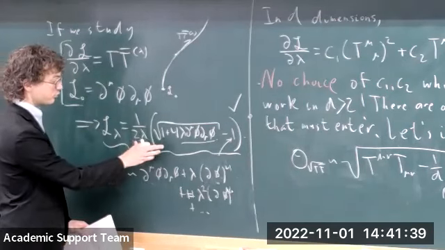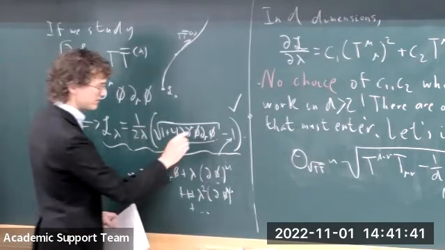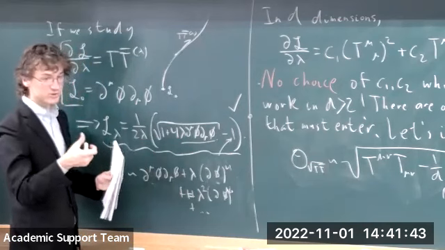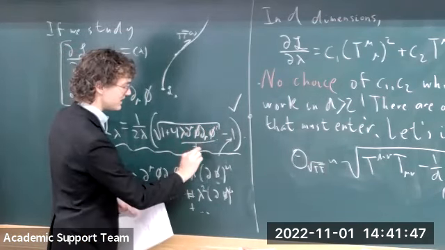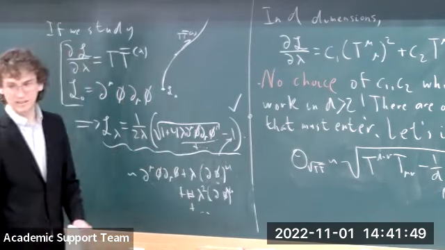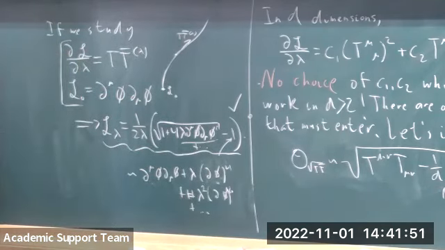We've written a three-dimensional target space string action, but if you want, say, a d-dimensional target space action, then you would have to put a collection of indices i on this, and in this case there would be a second term that comes from expanding. It's essentially the root det of the Nambu-Goto action, which you would have to expand out. But I'm doing only a single scalar, which is like a string in 3 target space dimensions for simplicity.